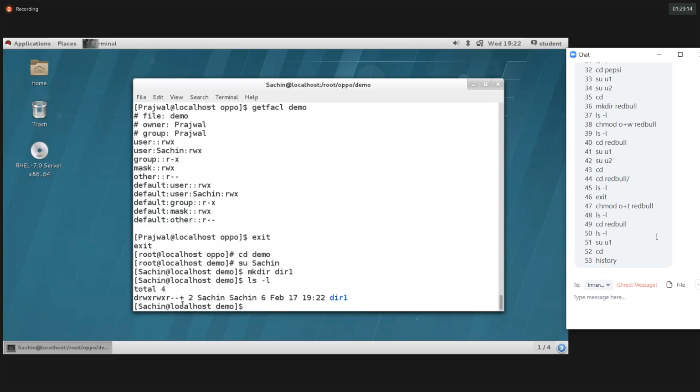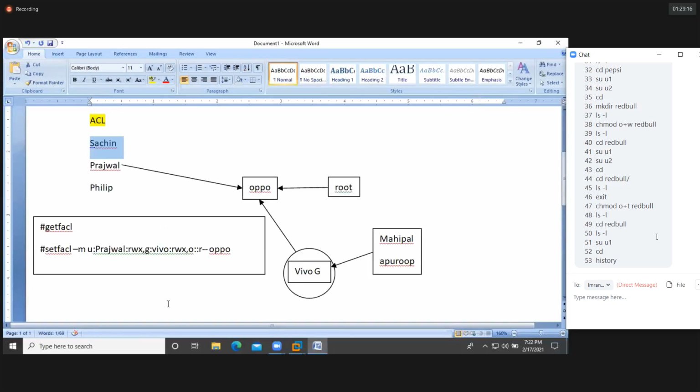Got it. This is the way we provide default permission for any user account, and for groups also. You can give it for users as well as for groups, depending upon your requirement. Clear? Yes, no? I'll keep the history. Don't worry, Chandana.